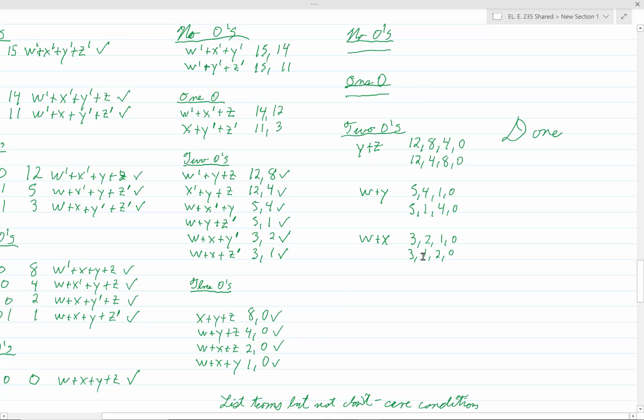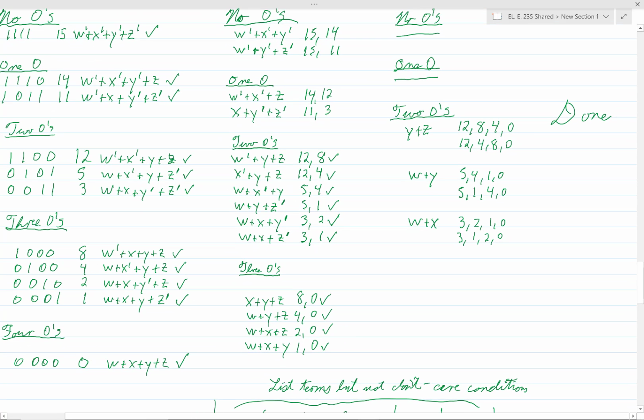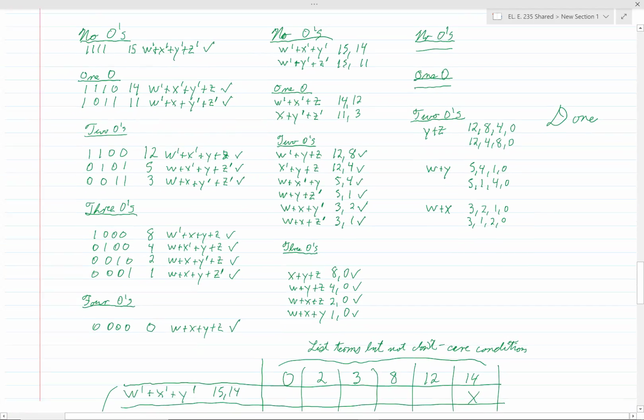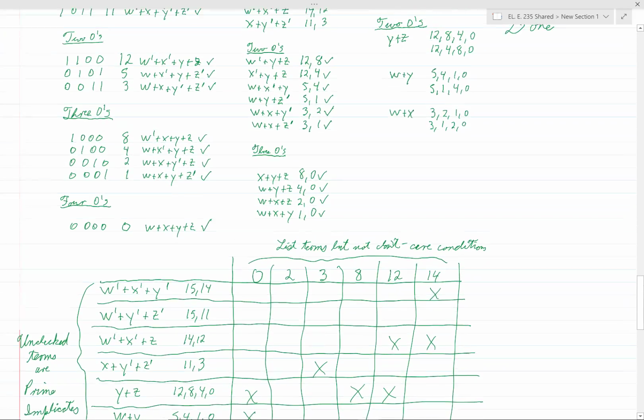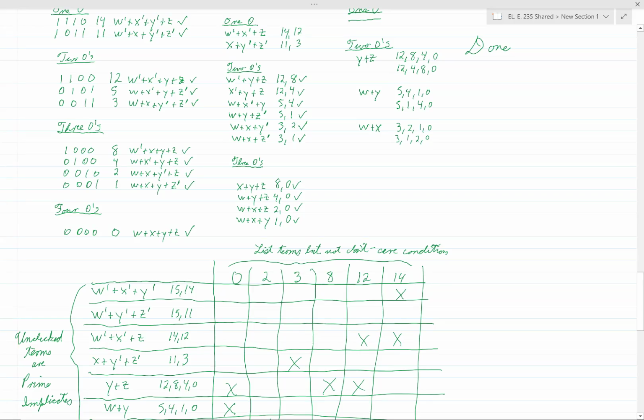And then finally now over here in this column, well, all of these columns are in the same group. And columns within a single group cannot combine with each other for sure. So there's no more possible combinations and we are done. So all of our prime implicates in this case are these four terms right here and these three terms right here. So as usual then, we will now list vertically all of the unchecked terms which correspond,